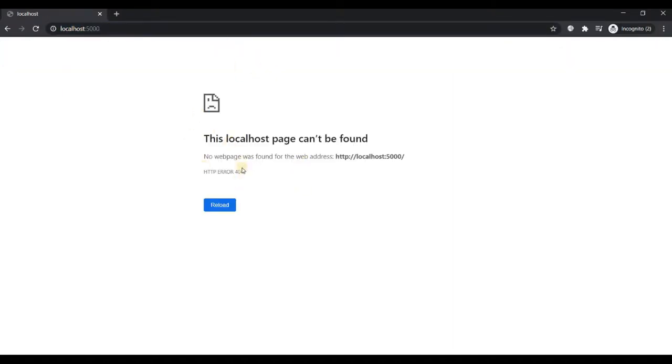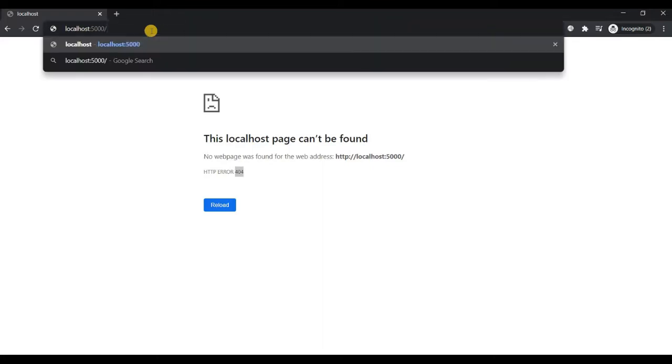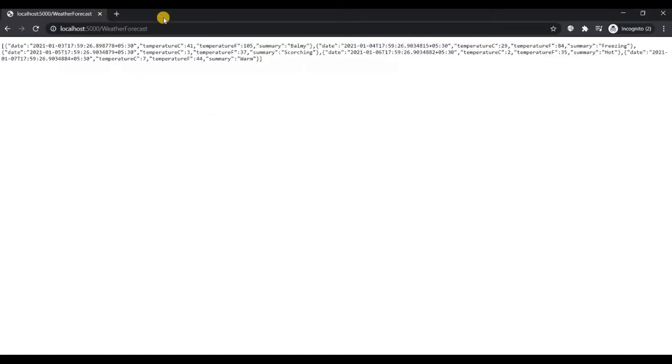Let me run this. Yeah, if you see here, it's giving a 404, which basically means that the application is running, but it doesn't find an endpoint which can serve any response. So I'm just going to add the WeatherForecast, and now you can see that the response